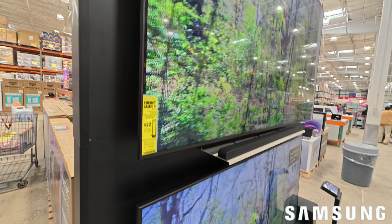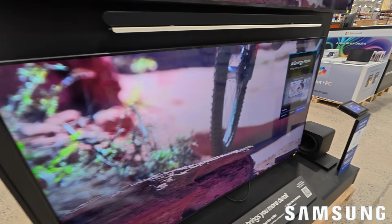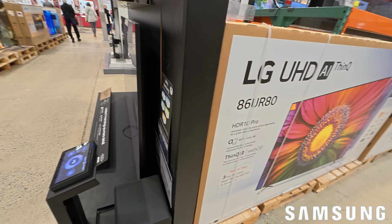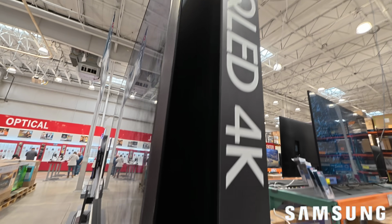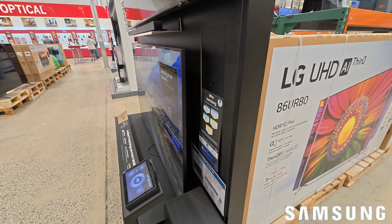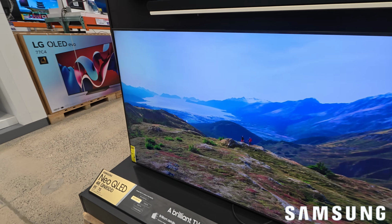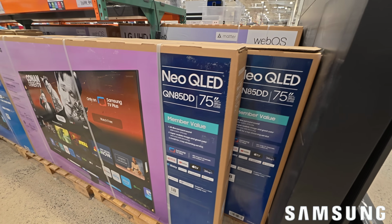And while I want you to have value, I want you to have durability and also excellent picture quality at the same time. And the QN85D is one of the best mini LEDs in the store. QN85D is an excellent choice. Fantastic local dimming, great picture quality. It's also an awesome gaming TV, as Samsung also has Game Motion Plus on these TVs, which is phenomenal for